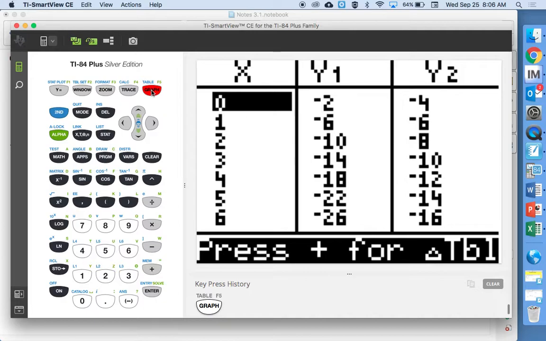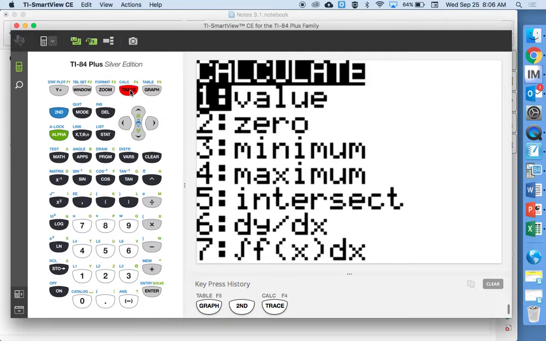Veronica, what would be another? Second, calc, and then 5. Right. The other option is to hit the second button and then trace. Above it, it says calculate. We're going to use this a lot this year. We're going to use all of these different options that are in here. 1 through 5 we'll be looking at. So number 5 says intersect. So if you hit number 5,